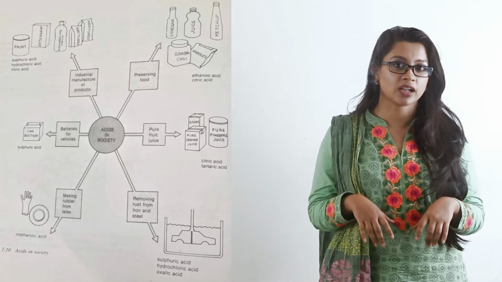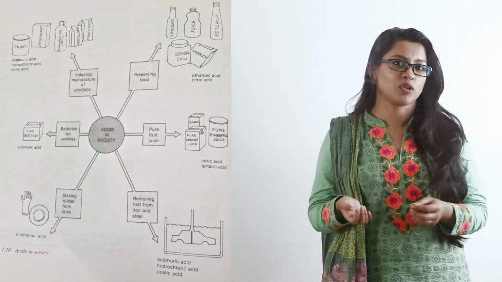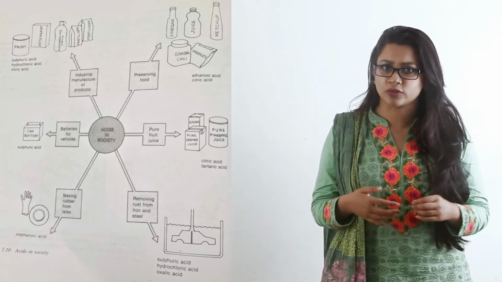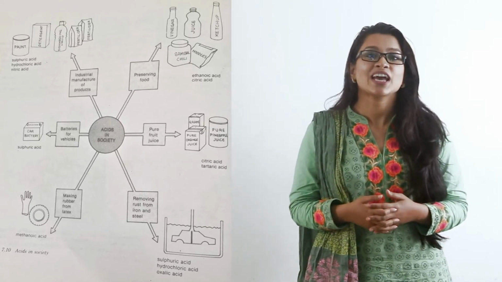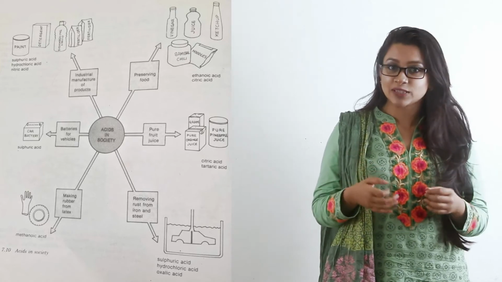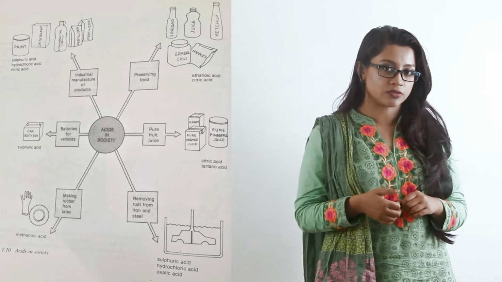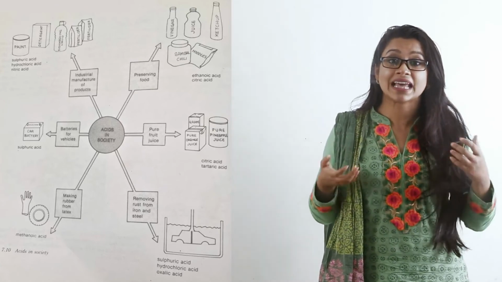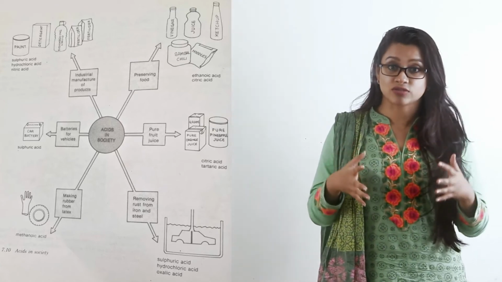Something you might want to try telling your mom or your sister. But I can't really ensure that they're not going to beat you up for teaching them. Anyways, so a rusty knife can be cleaned with a piece of lemon or star fruit. Now, this is an important example of using an acid to clean rust.